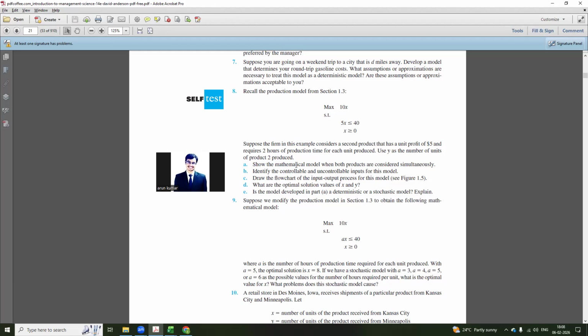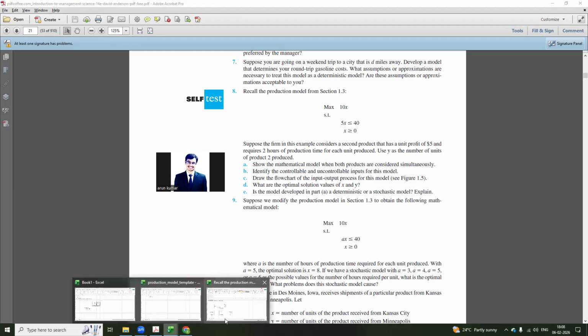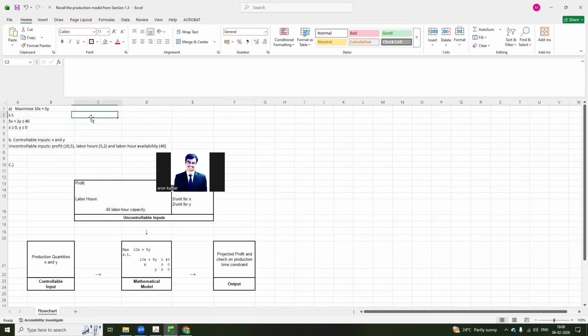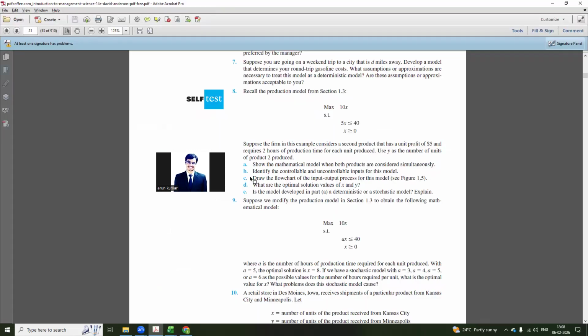Part A says show the mathematical model for when both products are considered simultaneously. So for this part, let me go back to the Excel file. Here we have part A. Maximize 10x plus 5y, and these all are the constants. We have 5x plus 2y is less than or equal to 40, and x is greater than or equal to 0, y is greater than or equal to 0. Then part B,